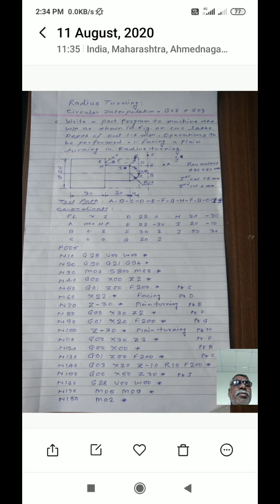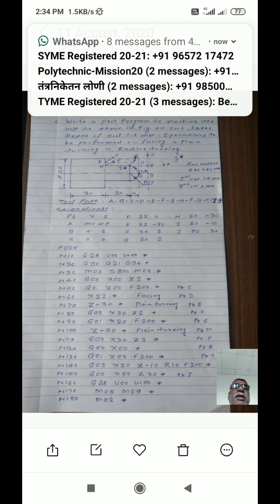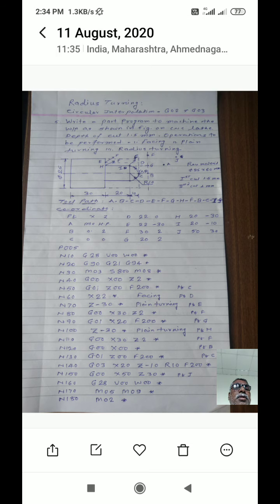Then, as usual, you have to first write down the defining blocks, that is N10, the sequence number, then G28, U0, W0, that is machine reference position or machine home position.